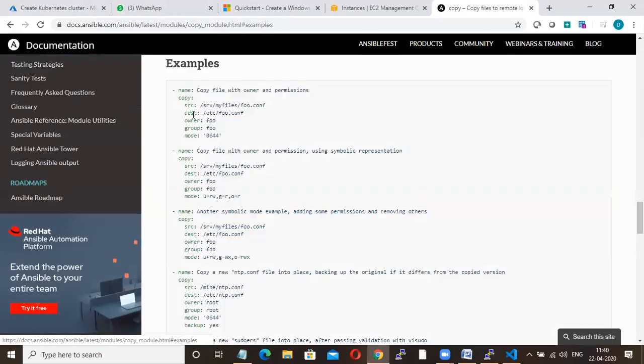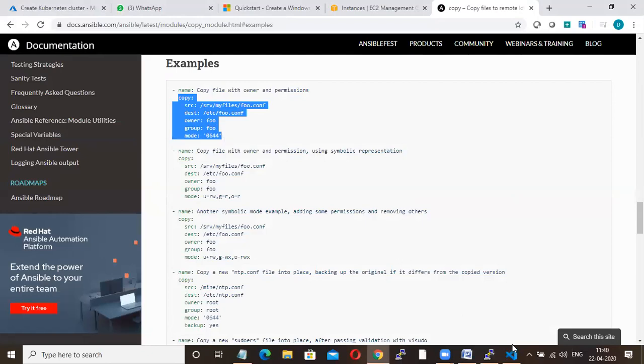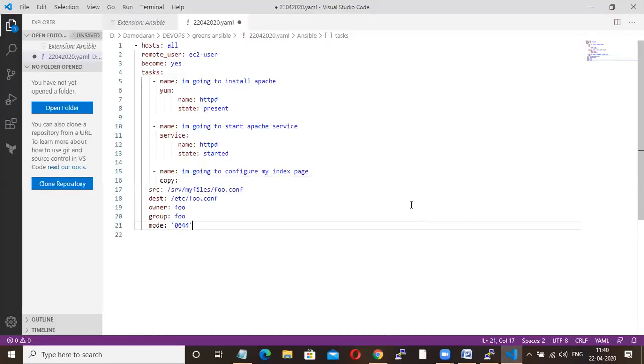So examples, just copy this, paste it. Okay, what is SRC? SRC is source, correct? So dot index.html. What is dot in Unix? In Unix, if you specify dot, you have that file in the present directory.